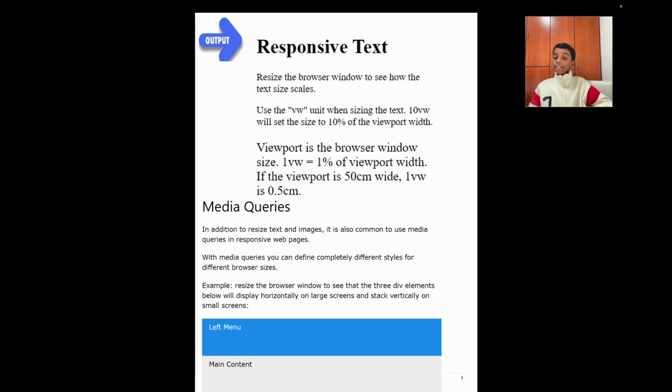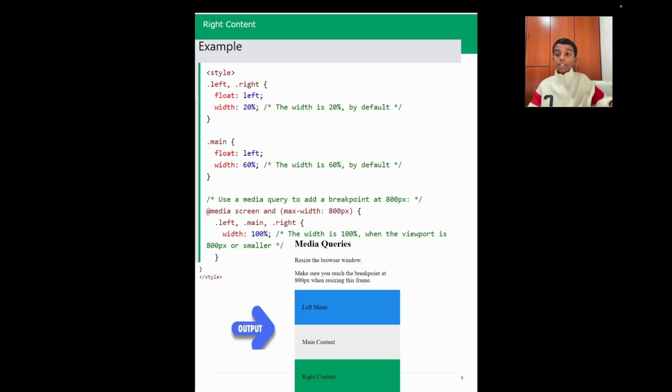Media queries. In addition to resizing text and images, it is also common to use media queries in responsive web pages. With media queries, you can define completely different styles for different browser sizes. Here, for example, we can resize the browser window to see the 3 div blocks below. They will display horizontally on larger screens and will stack vertically on smaller screens like tablets or small mobiles. Now as you can see here we have an example where we're using the style attribute,